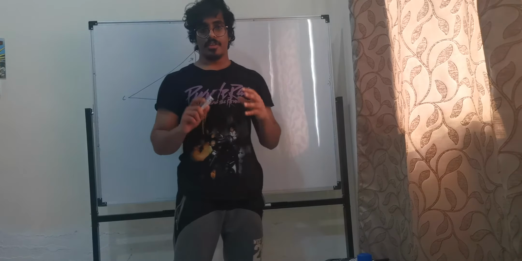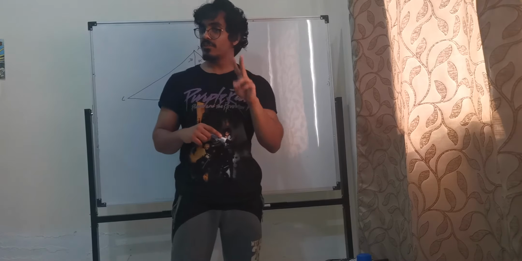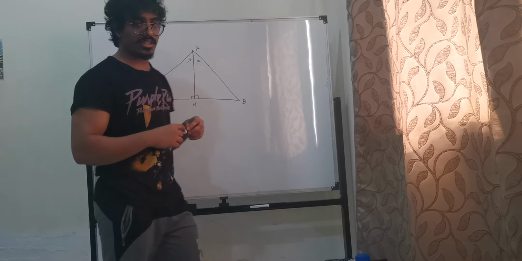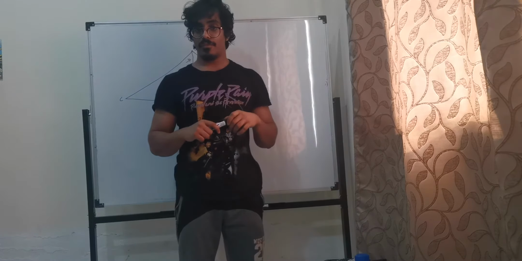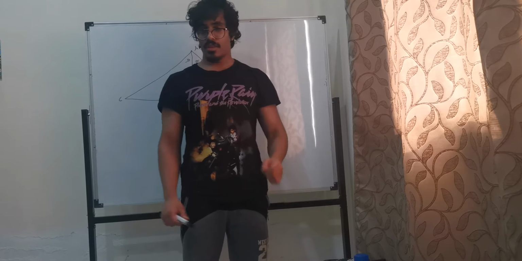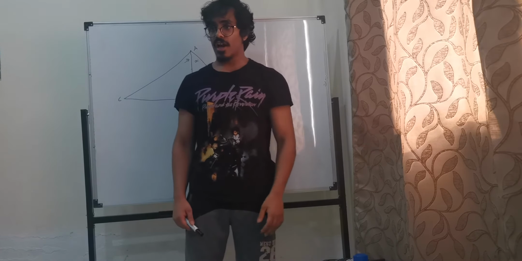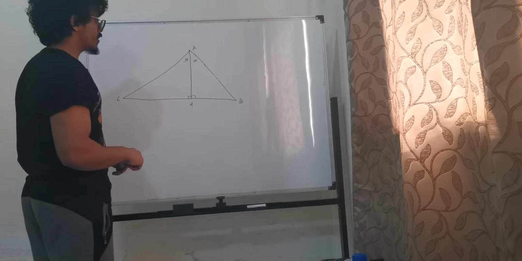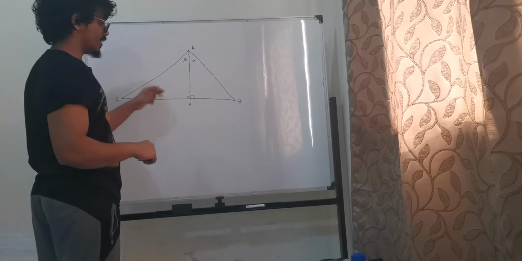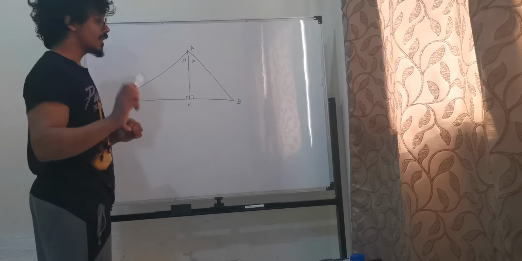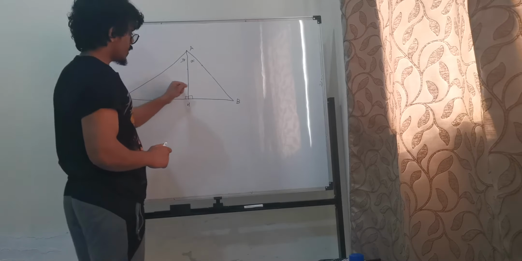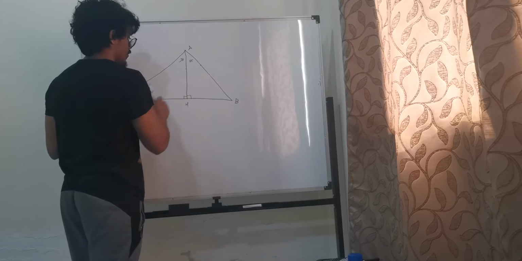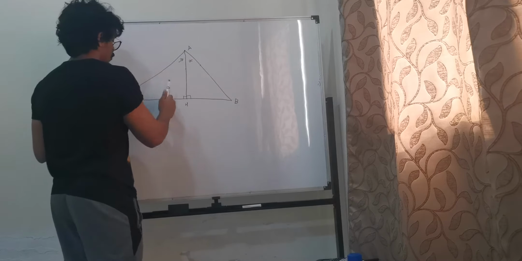Pause the video, try to find two different expressions for the area of this triangle, and see how far you can go. So assuming that you have paused the video, let's come up with the first expression to find the area of this triangle. The obvious way is to express the area of the two smaller triangles, namely